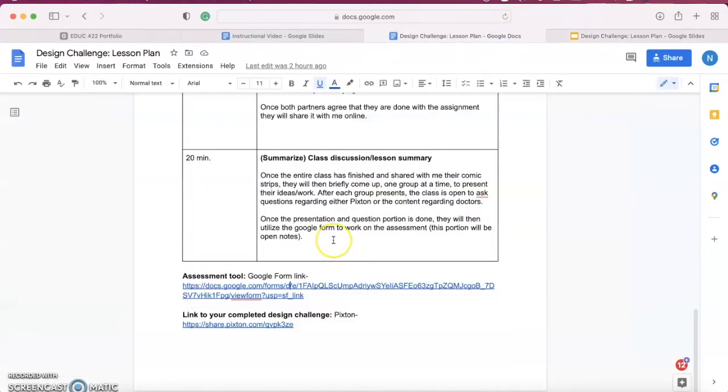And then it also includes an answer key and just all those different good assessment items. So if we go back here, the last thing is the link to your completed design challenge, which I will be going over later because that is an example of what exactly Pixton produces. So now looking at